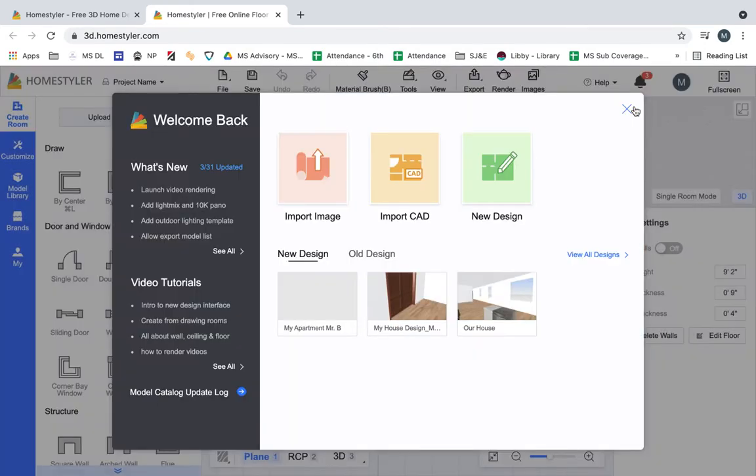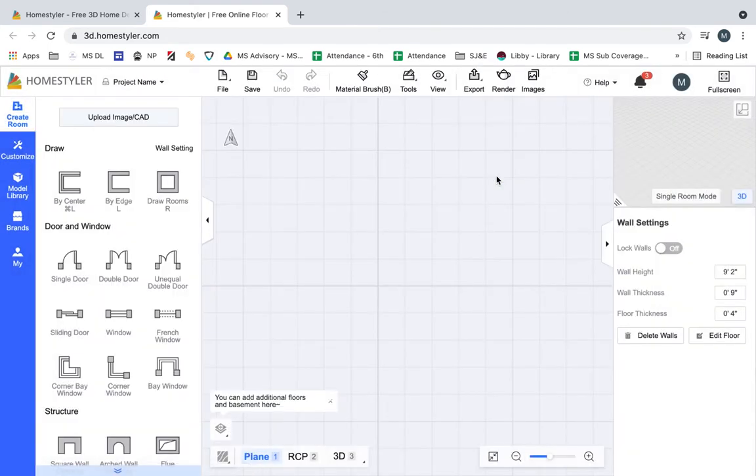So I'm going to click on X here, and I'm taken to this window. I'm going to start off with a brand spanking new design, so I'm going to click on that new design. Now, y'all,